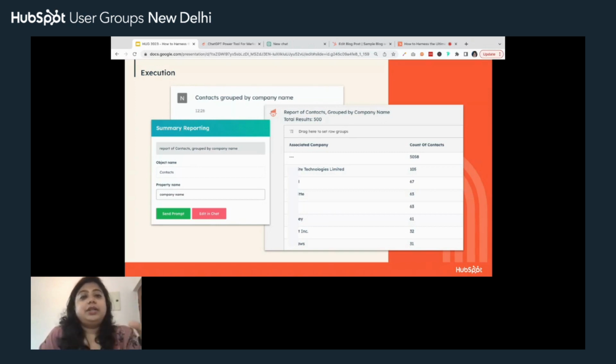So yeah, when it comes to reporting, those are some of the key things that ChatSpot is able to do. And so we looked at campaign ideation, campaign execution, and campaign reporting. I think I made a mistake here. This should be reporting as well. So we looked at all of those three buckets.